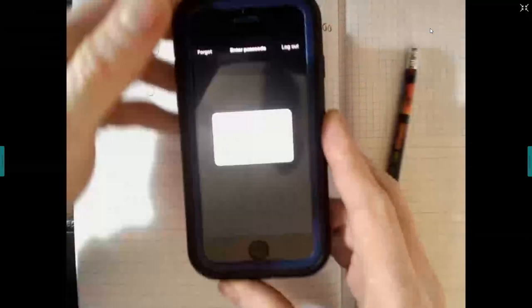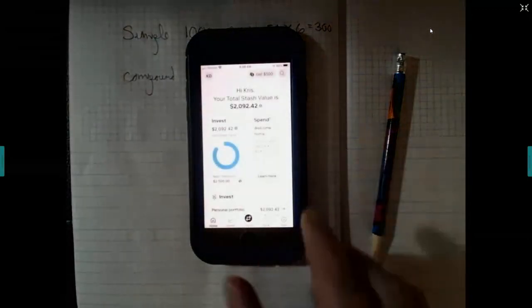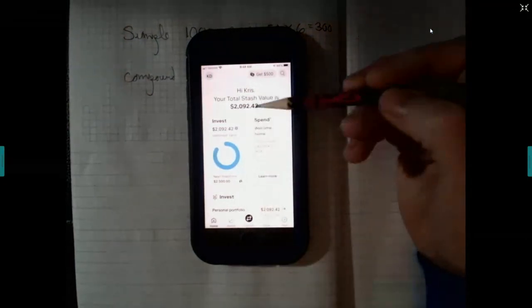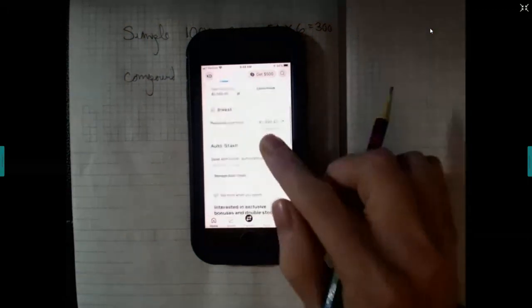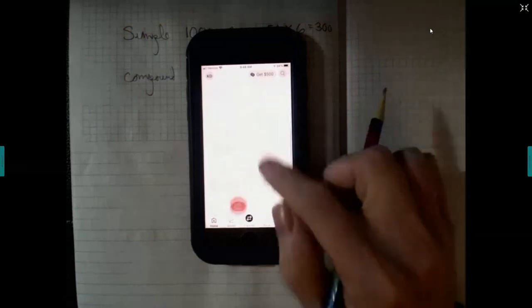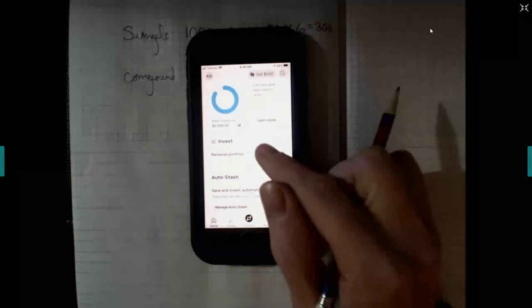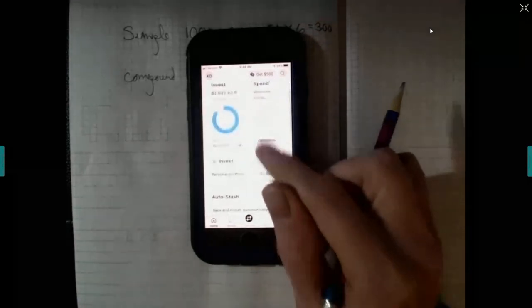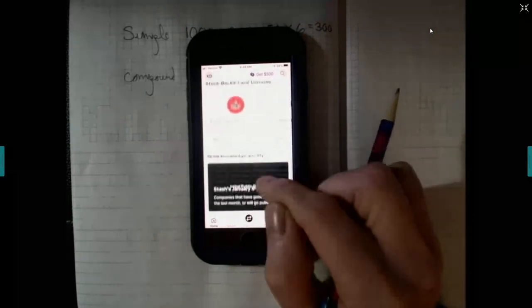It's hard to see things without the glare, but anyway, this is a small account I have, and I go ahead and invest in this account. My personal portfolio is not really managed well because it's not diversified a lot. But what I've done, because I didn't want to manage it too much, is that I went ahead and went into